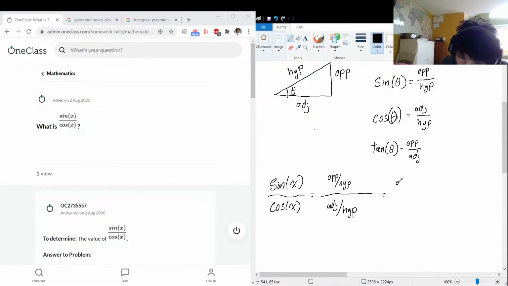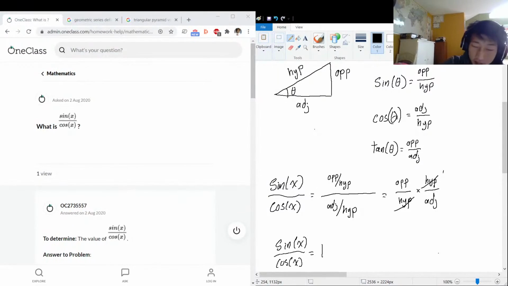We can rewrite this as opposite over hypotenuse multiplied by the bottom, but inverted, so we have hypotenuse on top and adjacent. Oh, I see some mathematic magic. The hypotenuse on the top and the bottom of the fraction, they neutralize each other to 1. So sine of x over cos of x is actually equal to 1